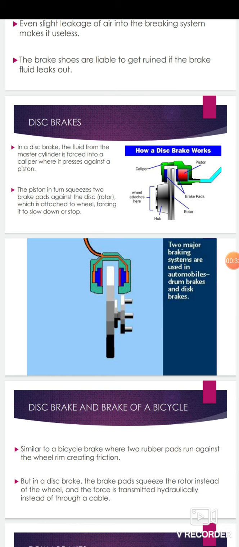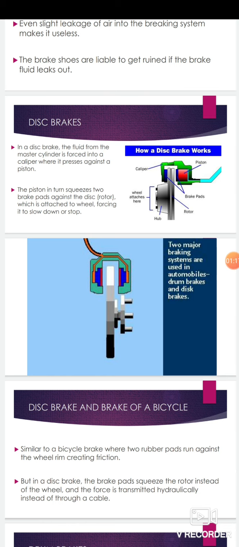Basically, disc brake and drum brake are operated by fluid. Here we are discussing some elements which are used in a disc brake. First of all, the piston, brake pads, calipers, and rotor, to which the disc, hub, and wheel are attached. So the disc is attached with the hub and this is movable, but this caliper's jaw is fixed with the